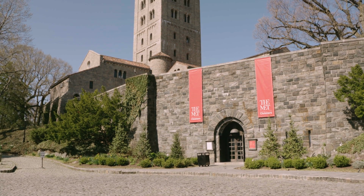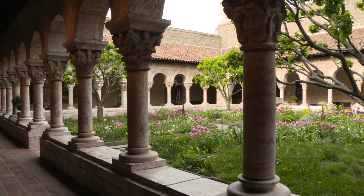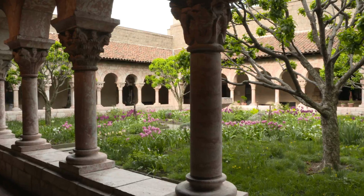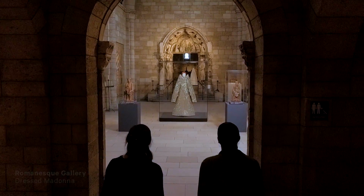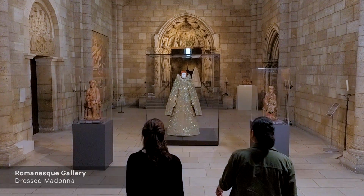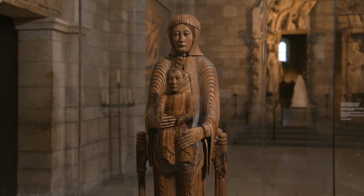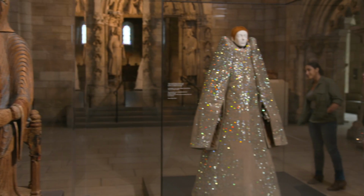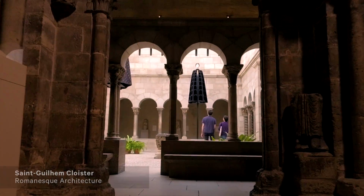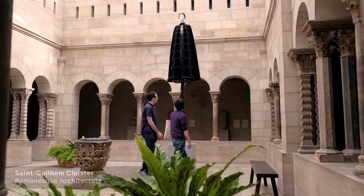The Met Cloisters was based on particular cloisters from France primarily, but it also involves gardens and also thematic galleries. You enter into the cloisters through the Romanesque gallery. All of the garments that we've selected for the exhibition relate directly to either the architecture or the functions of those particular spaces. From the Romanesque gallery, you enter the Saint-Guilhem cloister, in which we have two examples of Valentino's